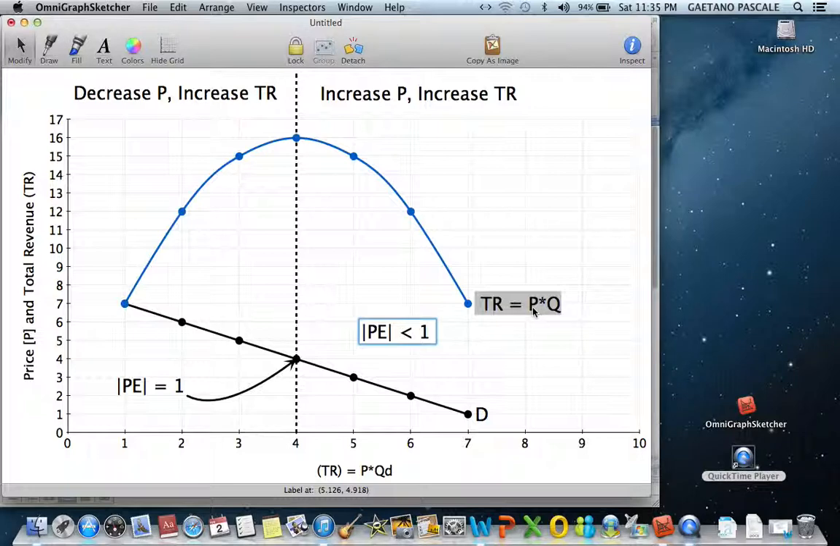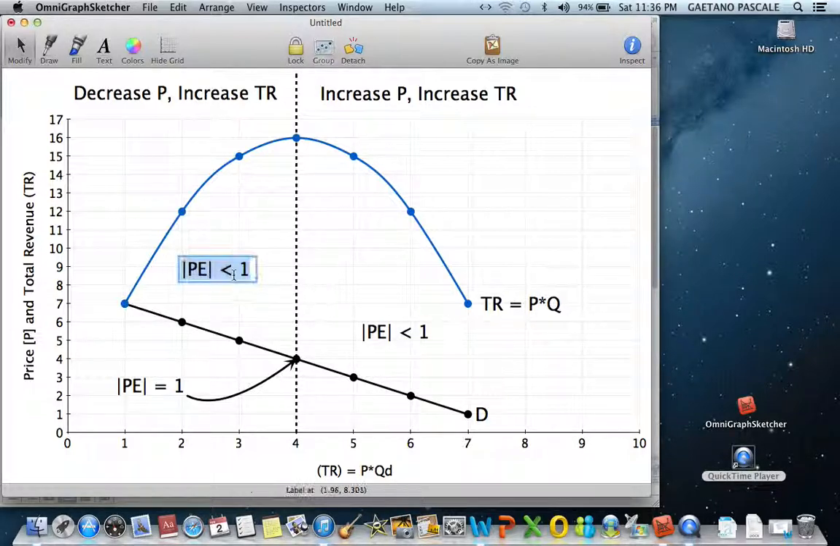So we are raising the price by an amount, let's say 10%, but quantity is going to fall by less than 10%. That will cause total revenue to rise. So in this region to the right on the demand curve, from the point where price elasticity of demand is equal to 1, the price elasticity of demand is less than 1. And if we take a look at the region